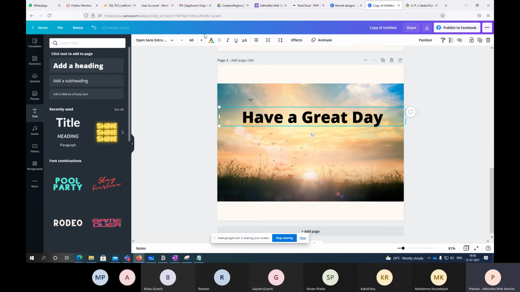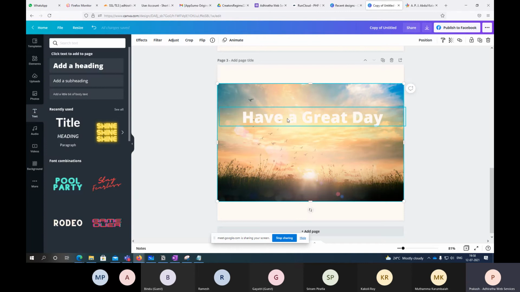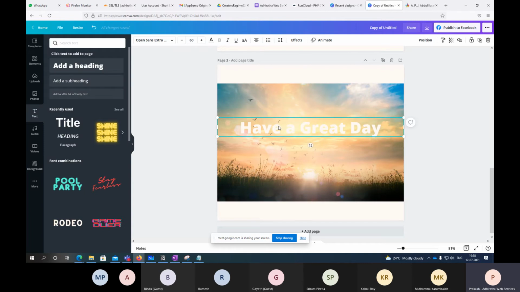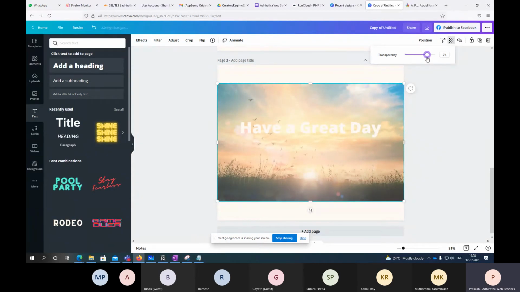Maybe let me put some lighter color here. See, this text is not visible now, right? So now what I can do is either I can change the text to some different color, or else I can select this image and go here. There is something called transparency, right? Select this and try to change this one. The opacity, basically, is there. Sometimes the text, however much you adjust, may not be visible. So you can try to play with these things, then you will get a better output.